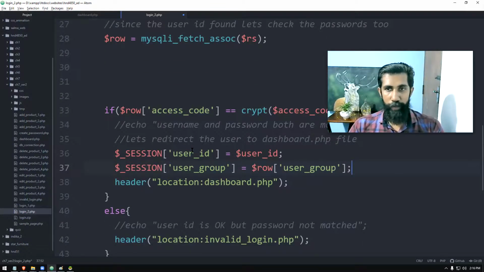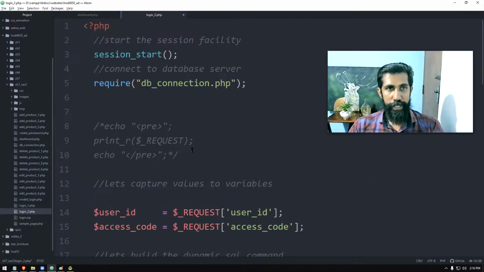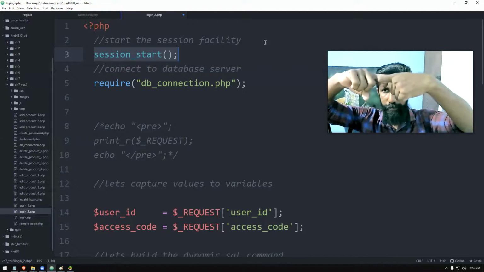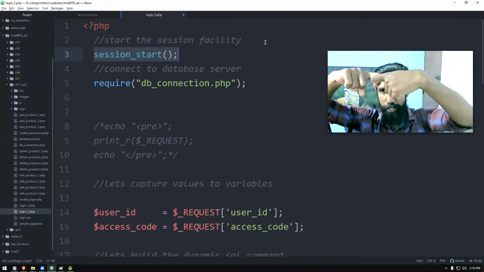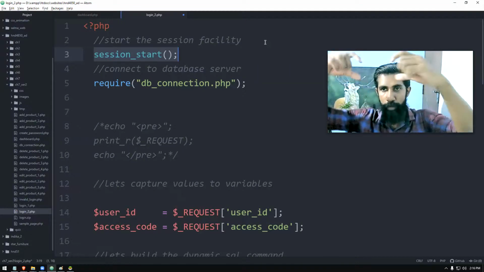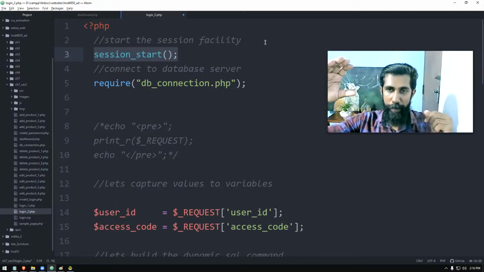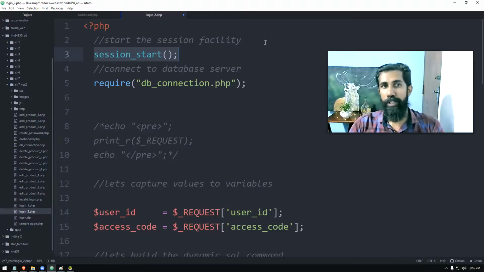Again, in a nutshell, I'll tell you what's going to happen. Session is the facility that we're going to make use of in order to bring values from page to page, as long as the connection is active. If the connection breaks, the session will be destroyed. As long as the connection is active in the server on behalf of the client, an array can be maintained. In that array, these values can be stored and maintained. So in order to get that facility started, you need to call the session start function.